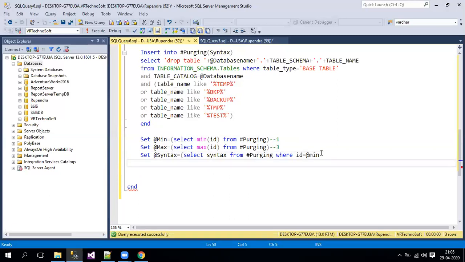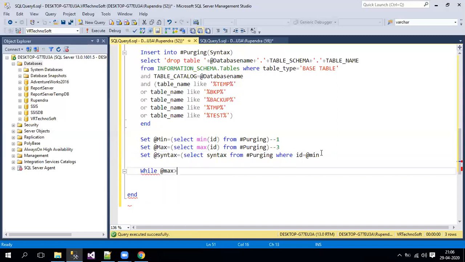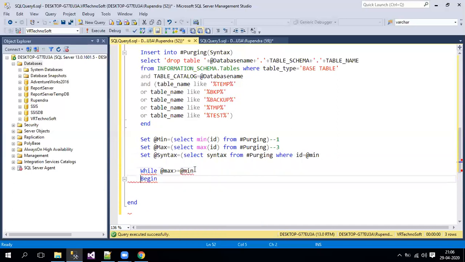Now let me write a while loop. So my while loop should run until this condition is false: @max greater than or equals to @min. Let me explain after writing this syntax. Let me put a begin statement, then let me write an end also.